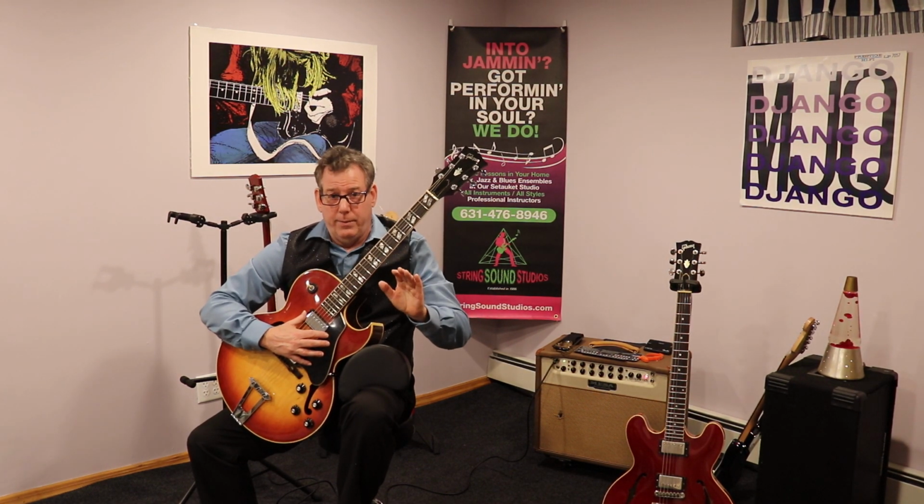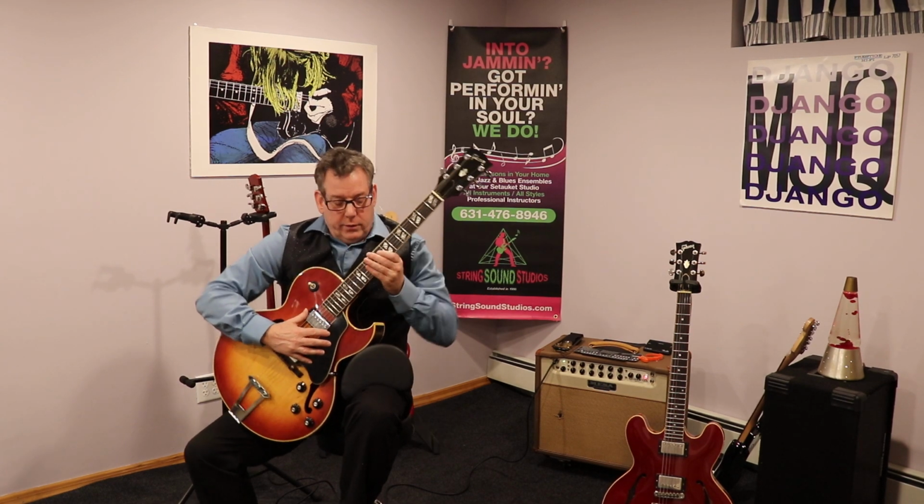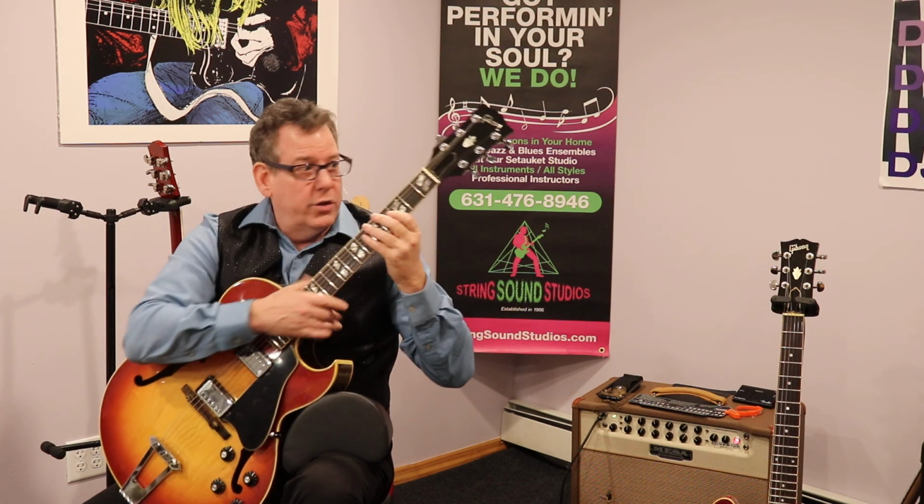This is important for a beginner. If you're playing the guitar, you want to sit straight up, and you want to just pick your hand up and go for the first position here. Over here, this would be the first fret and first position, and see if you feel a lot of stress. Now, being a beginner, you might feel some, but you're going to feel more on other guitars if you're way